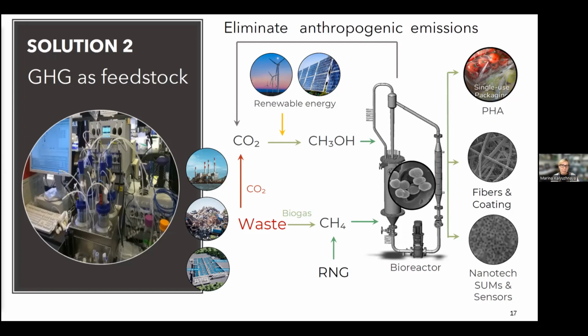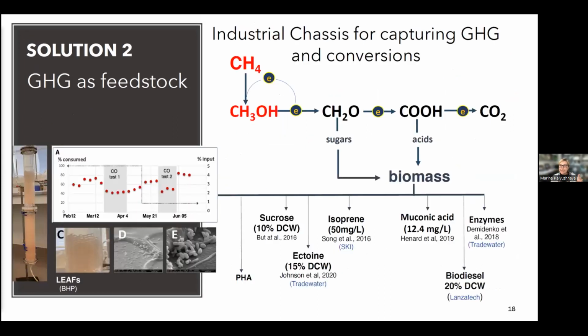Can you go to the next slide, please? And just an example, this is something that I summarized from my lab research. We know that we can produce many different compounds. We can produce polymers, which PHA was already mentioned to you. We can produce sugars. We can produce isoprene, muconic acid. All of it can also go into production of new generation plastics. We can produce enzymes. Just slightly looking at what we do today from different sources, reconverting it to utilization of what is greenhouse gas emissions at the moment.